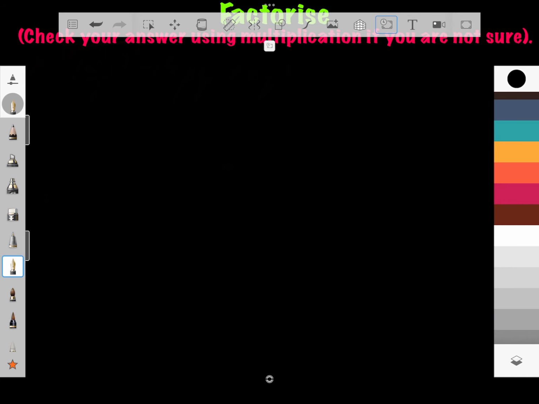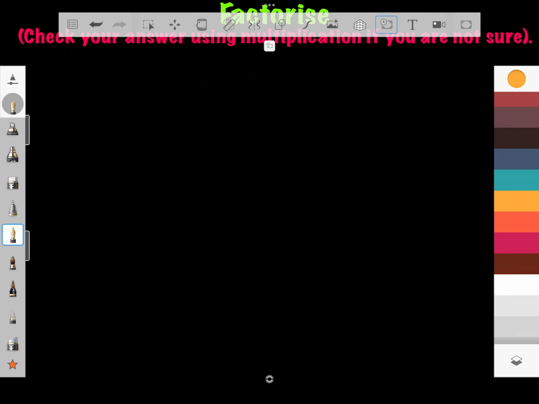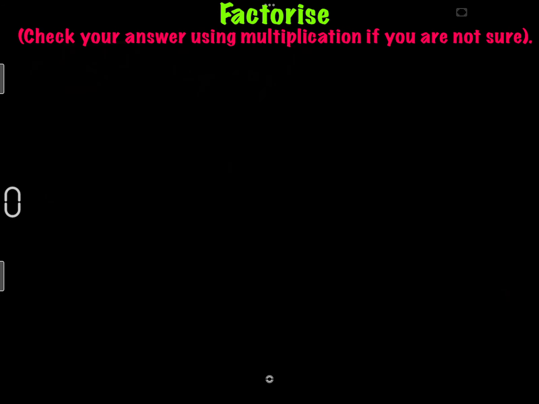So how it applies, still a fourth installment for our question. So we have 15p squared